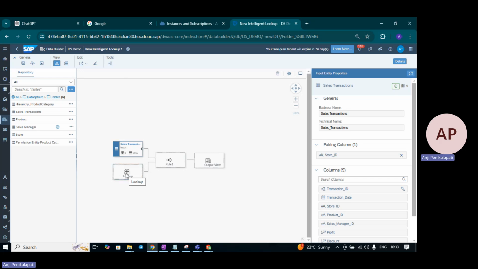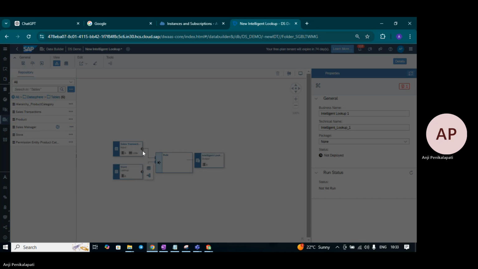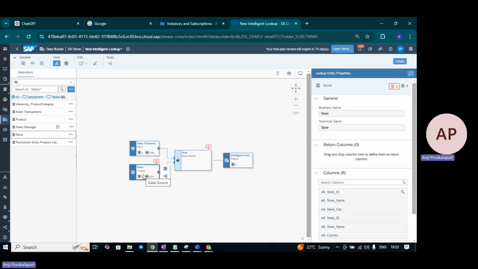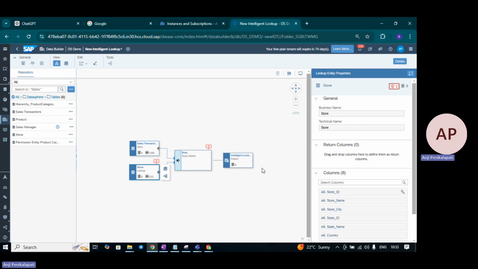Now I have to look into my store master data, dimension data. So let's bring our store here. Now it's showing again one more error. Let's see what it is. It says you must specify one or more return columns for lookup entities. What we want in return is store name. You can see here, drag and drop columns here to define them as return columns. I want this